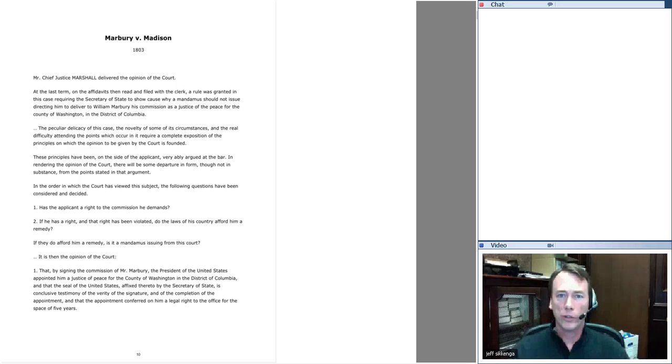It was just a collection of people living together in a tavern in Washington, D.C., which was itself a backwoods swamp, collected together. Maybe you've got a quorum, maybe you don't. Will this thing even work? The court's really weak. In fact, one of its decisions, Chisholm versus Georgia in 1793, has already been overturned by constitutional amendment. The 11th Amendment was deliberately adopted to overturn a decision of the Supreme Court. So even when it's actually made a constitutional decision, its decision is overturned. So it is a really weak institution.